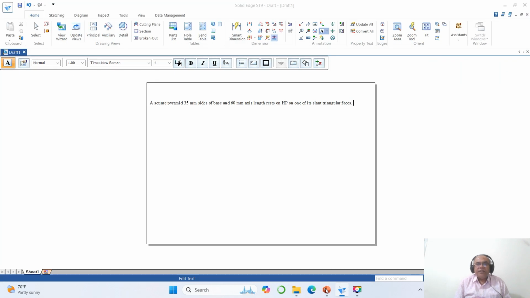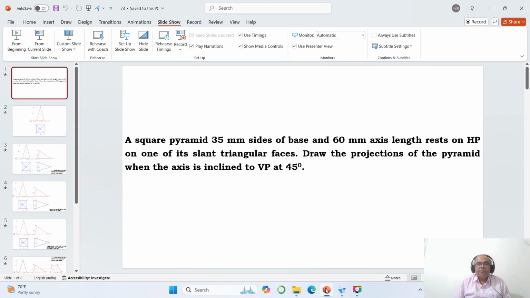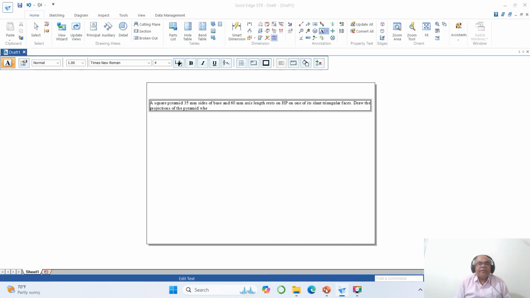Draw the projections of the pyramid when the axis is inclined to VP